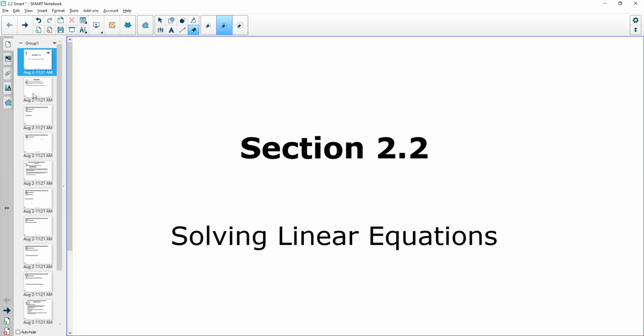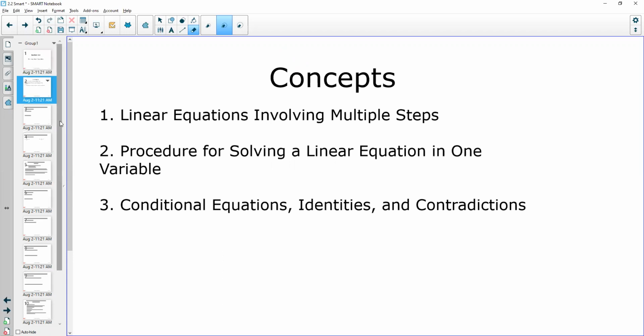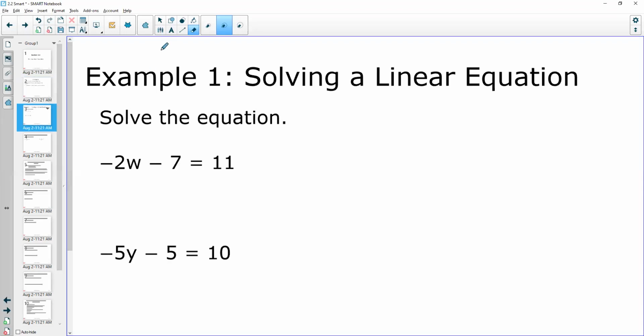All right, so in this section, we're going to catch up notes, solve multiple step equations, talk through procedure, and then look at different kinds of equations. So first, we're going to solve just straight linear equations that have multiple steps. Remember before, the end goal is still the same. The key is to get the variable